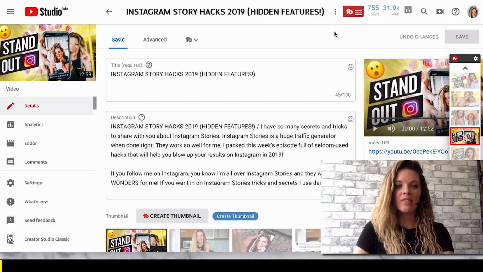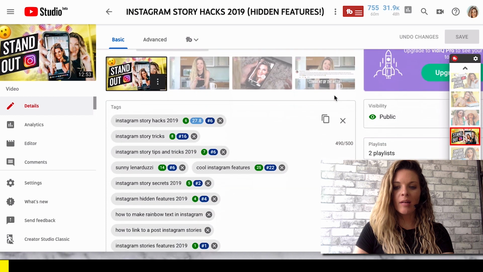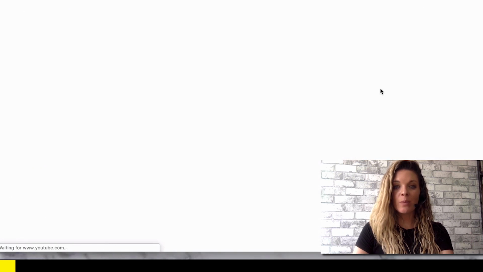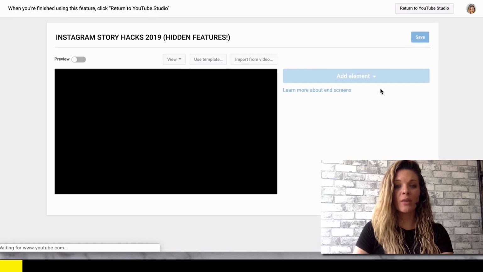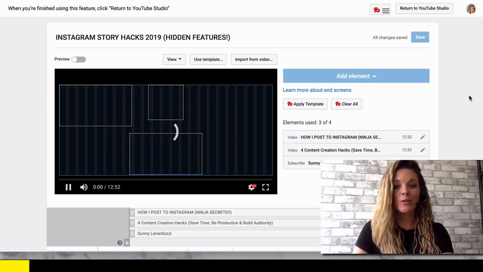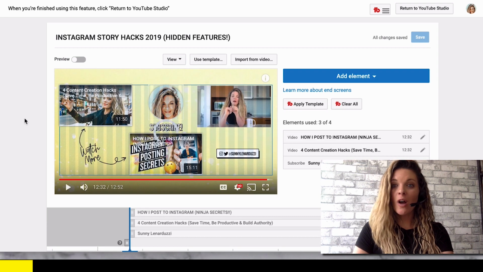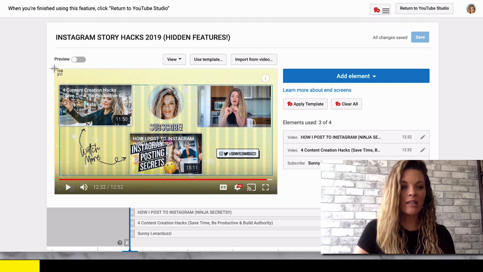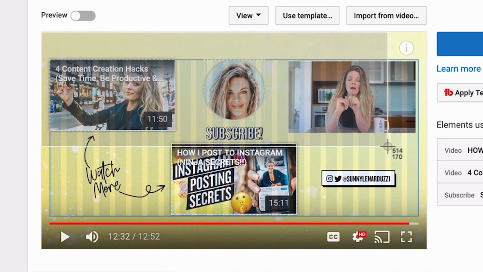So what we're going to do is, if you go into the back end of any of your videos, there's actually a little area where you can click on and it'll take you to end screens. So you can do this way, or if you're just getting started and you want to create your first end screen, there's another way to do it as well, which is basically going to any channel. If you like their end screen, just copy it. So what I mean by that is, what I'm going to do right here is I'm just going to screenshot this whole area,